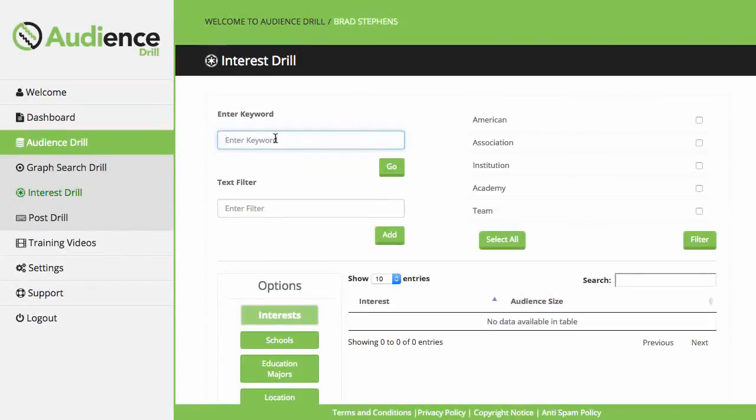With most other software, the manual way of doing research, you enter a keyword, it searches for a whole bunch of Facebook pages, and then you have to copy and paste those into your Facebook Ads Manager and hope that the ones you've selected can actually be targeted. And in smaller niches, this can be quite an issue because